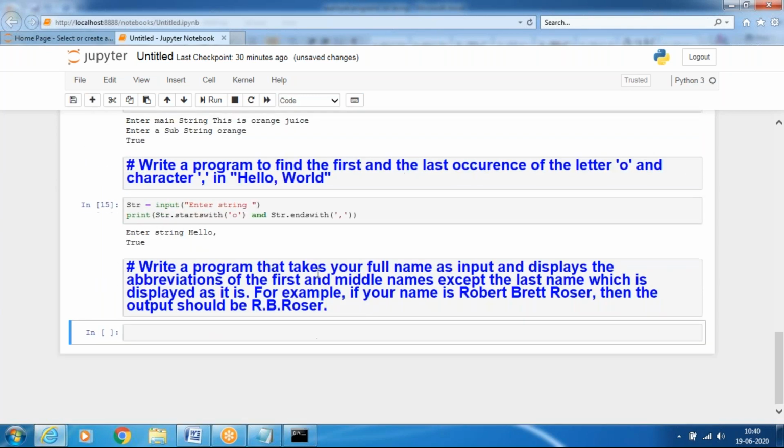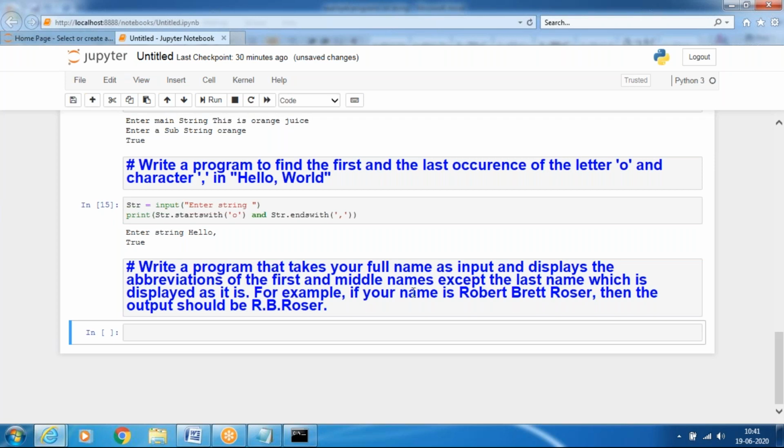Write a program that takes your full name as input and displays the abbreviation of the first and middle name, except the last name, which is displayed as it is.